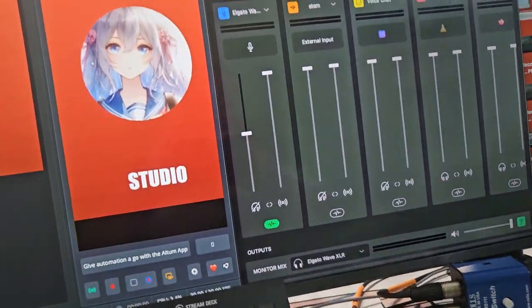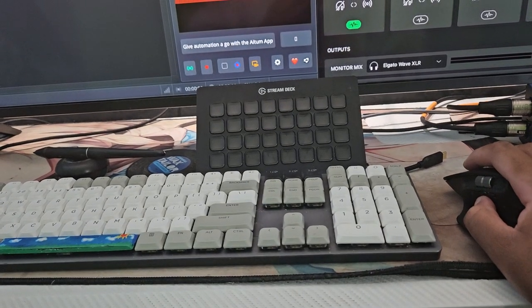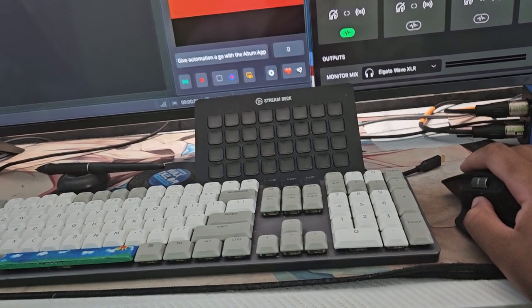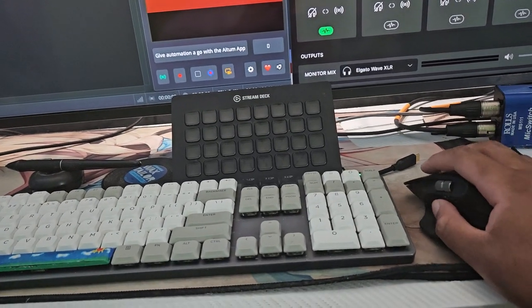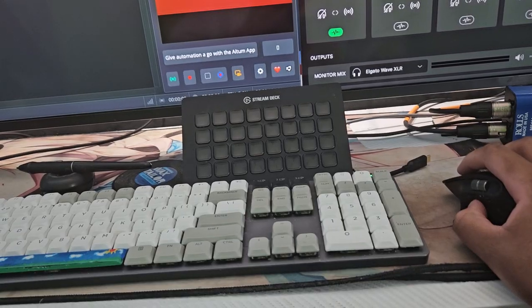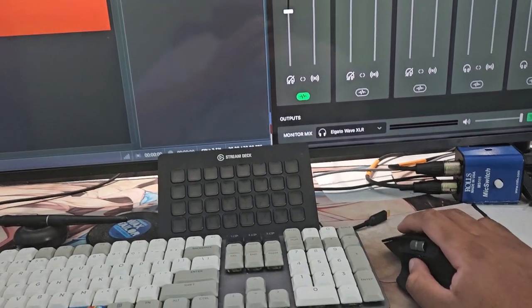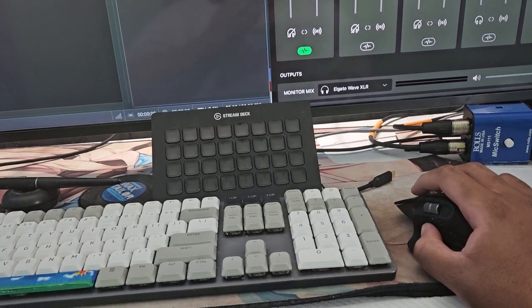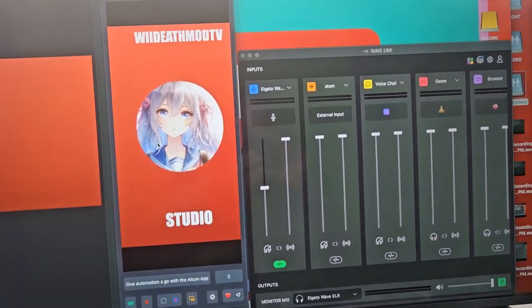That's how I would have it, honestly, but I can't have it much smaller than that, because it is kind of pushing it. So yeah, that's the way I would honestly have it. Like this would be kind of ideal,